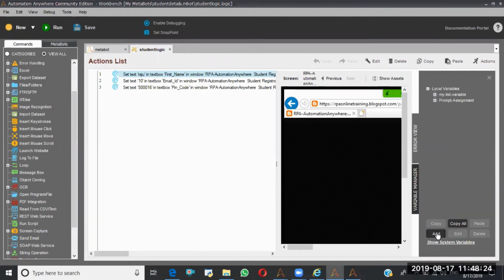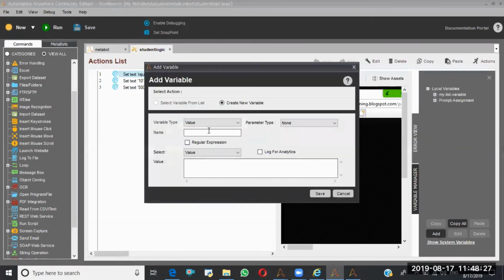Here I'm saying add. Whenever I select add, first name is my variable. Here I'm not giving any value to this one. Parameter type: input or output or input and output. Suppose this variable is going to take the value from the taskbot.